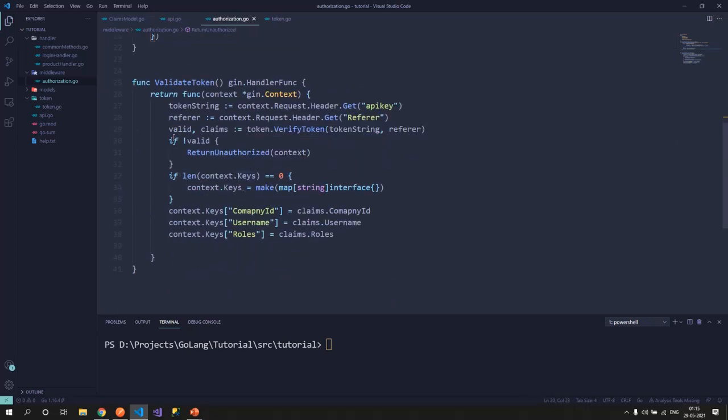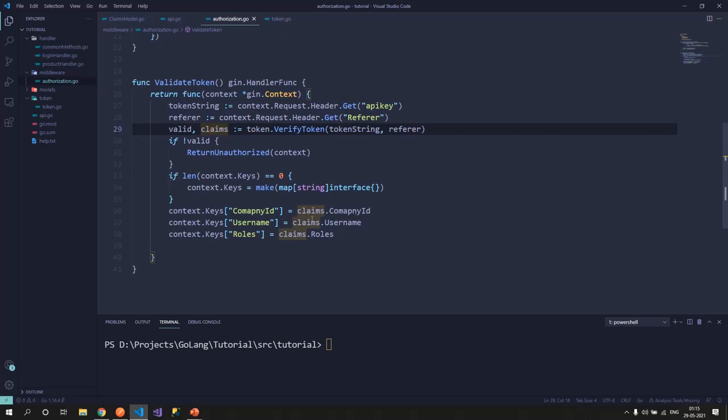If it is valid, then what I'll do is try to get the claims. So from the verify token, if the token is valid, I'll also decrypt the payload, generate the claims model out of it, and send it back to our calling function, that is the middleware.